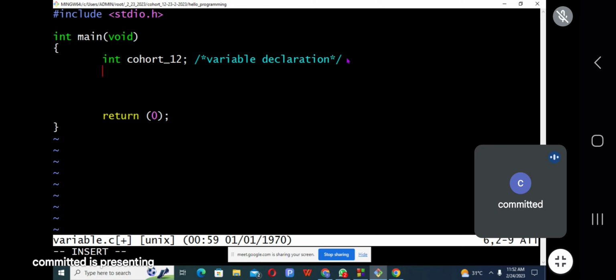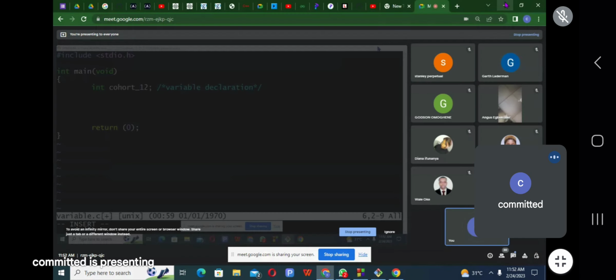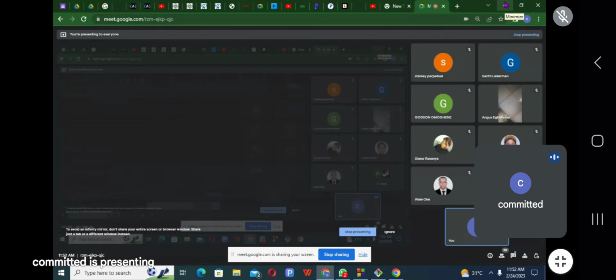Now, let us move towards what we call initialization of variable. There is a difference between variable declaration and initialization of variable. If you are talking of variable declaration, that means you are not assigning value to it.